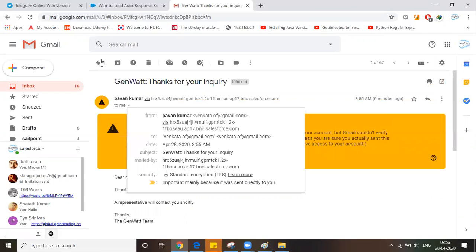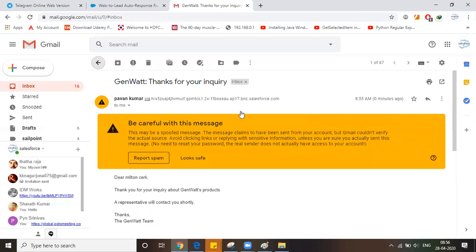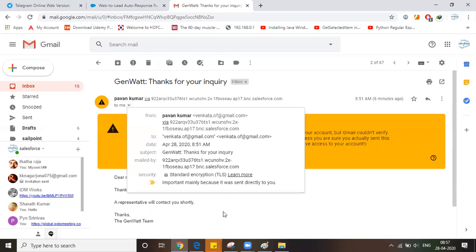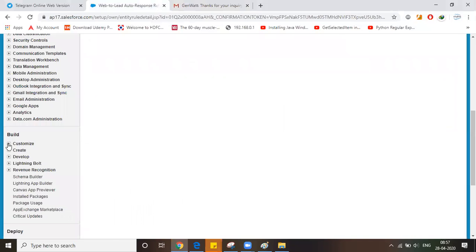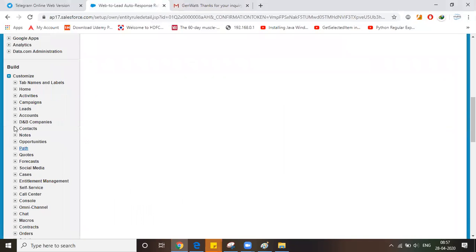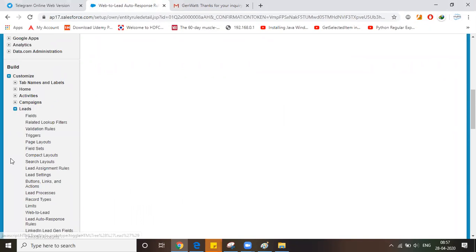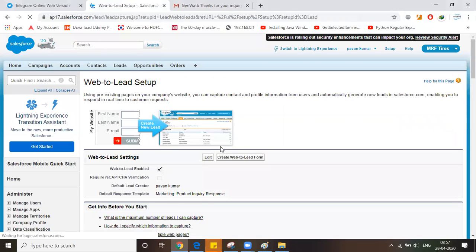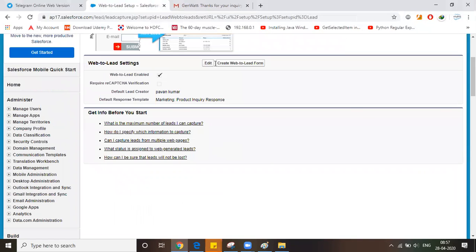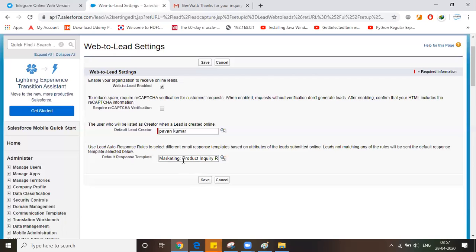One mail ID and two mail ID, both are the same. The leads got two lead. Okay, I think we have selected it, so because of this reason I have received two emails.